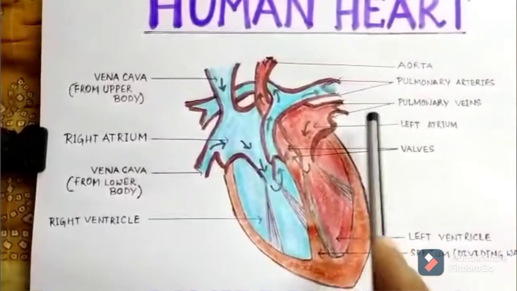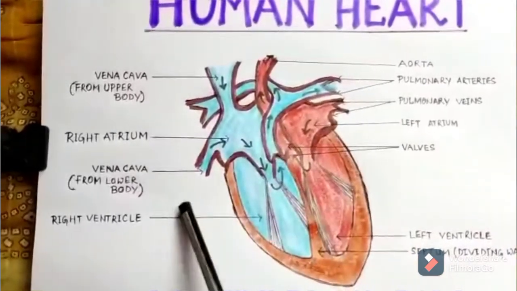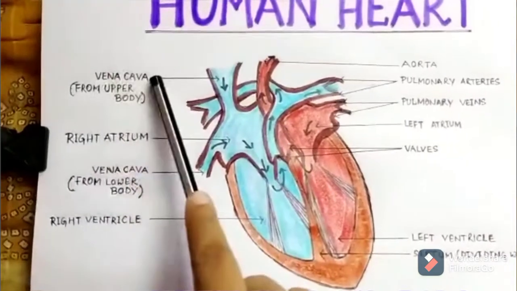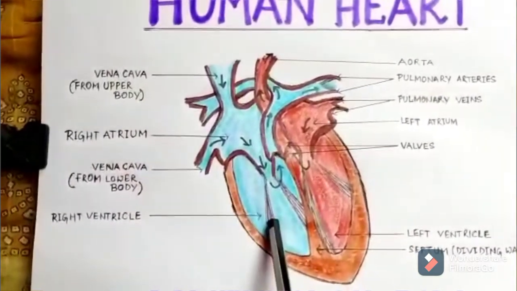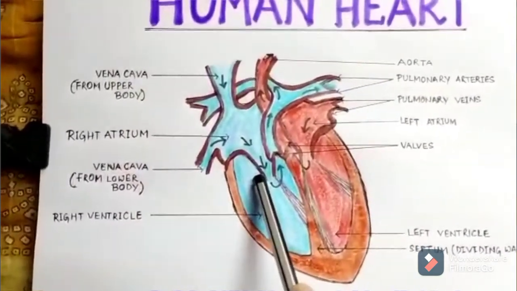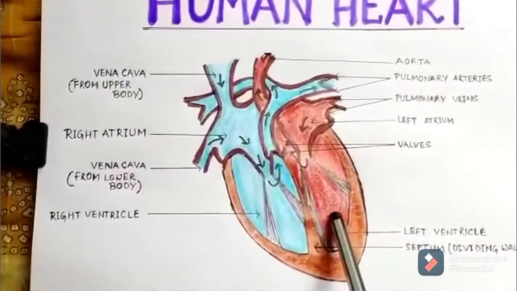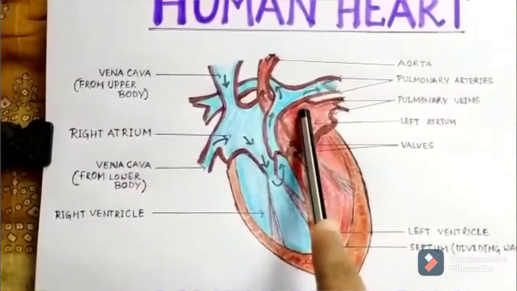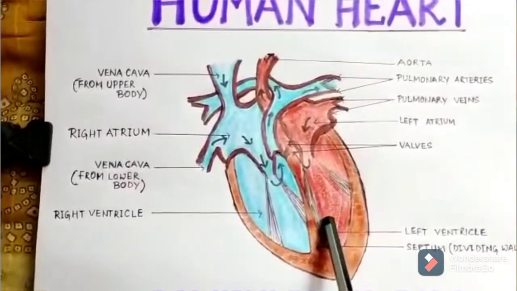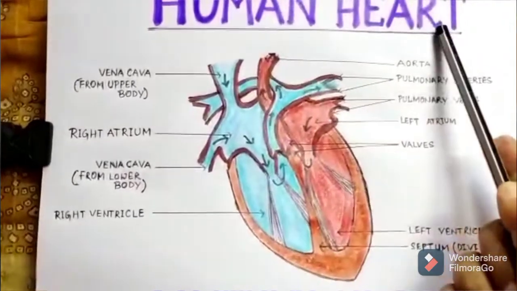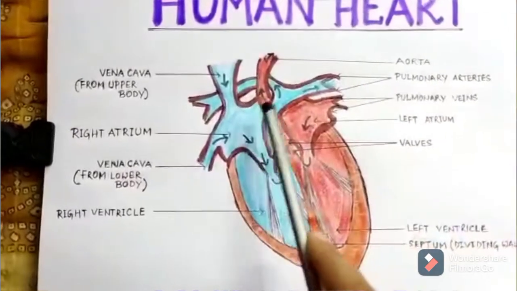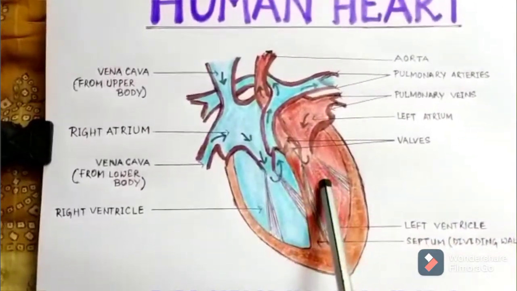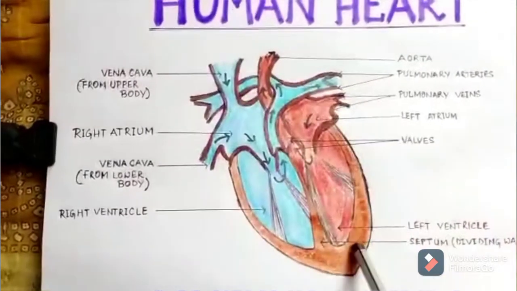Since what you saw, simultaneously this occurs. Simultaneously deoxygenated blood will be collected, comes through the vena cava to the right atrium, then the right ventricle. Simultaneously also the oxygenated blood comes from the pulmonary vein, from the lungs, then through the left atrium, then through the left ventricle, then through aorta is distributed to different body parts. So this, remember, none of the chambers of your heart is empty. This process continues, it goes on.